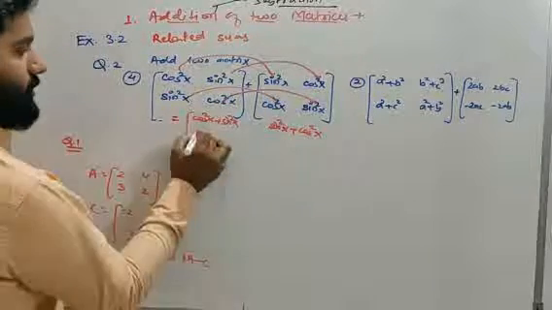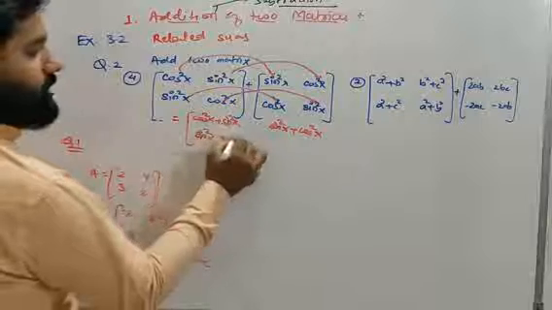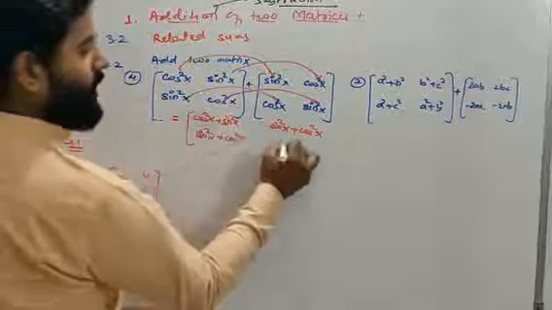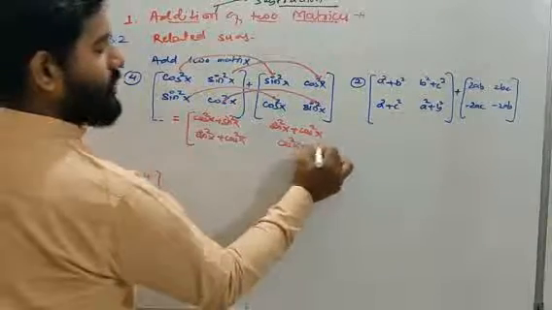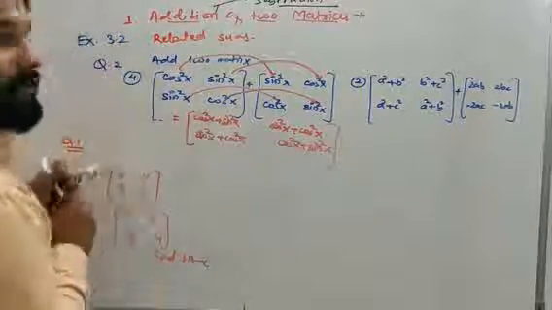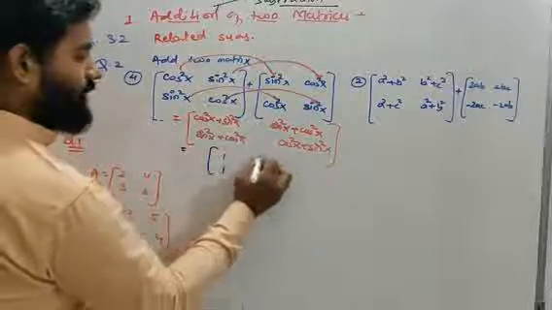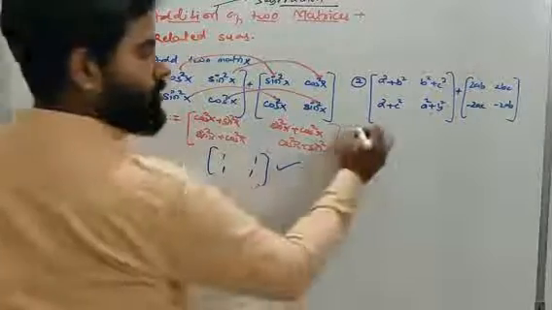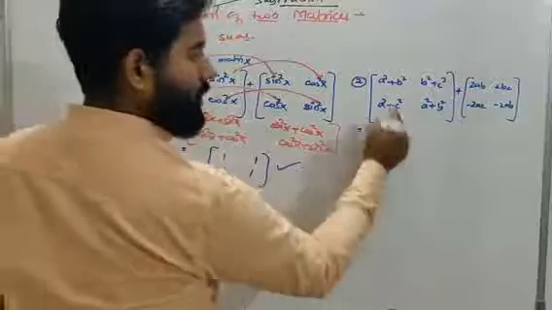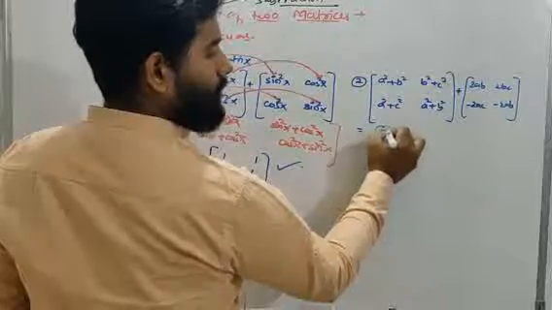So sin square x plus cos square x, and cos square x plus sin square x, and that is all as per the property of trigonometry. Cos square x plus sin square x is 1, 1, 1, 1. That's it. Done. Here also, if you see, a square plus b square is going to be added with 2ab,